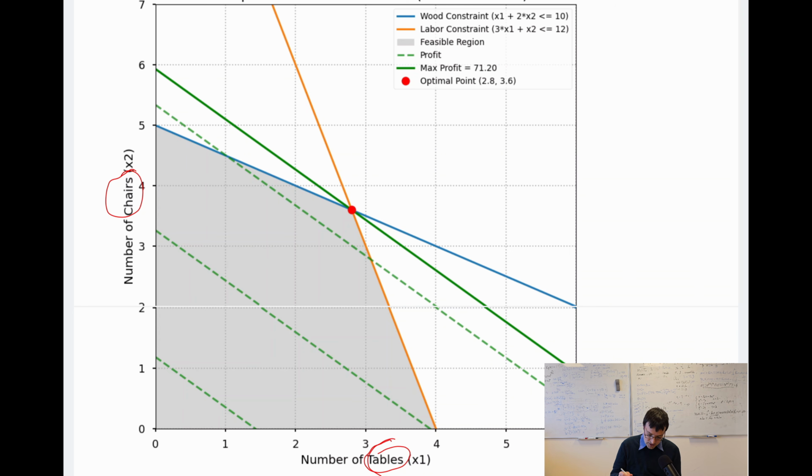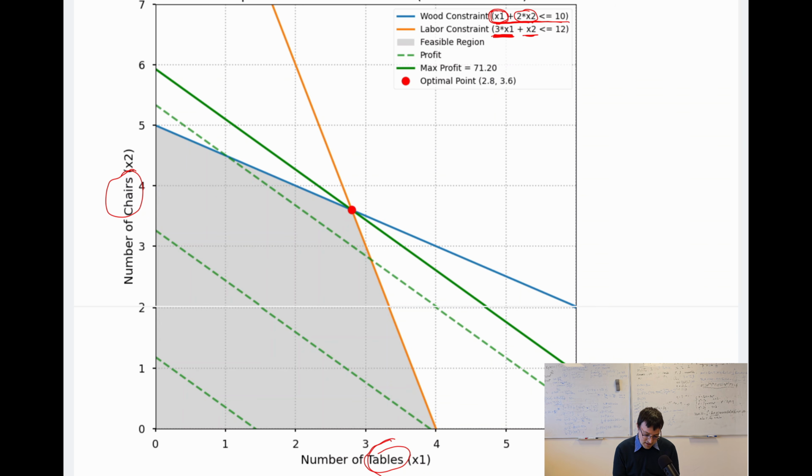For instance, we can imagine that the wood constraint is going to work in the following way. The number of chairs that we build plus 2 times the number of tables has to be less than or equal to 10, okay? So an arbitrary value. And for the labor, we may have a similar type of constraint in which we say, okay, to build a chair, it takes more effort. So 3 times the number of chairs plus the number of tables has to be less than or equal to 12,